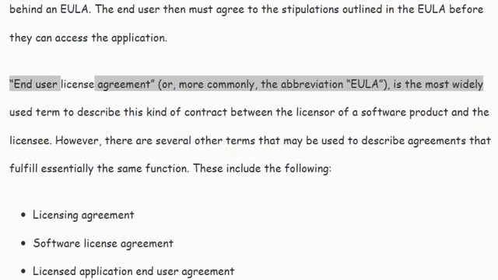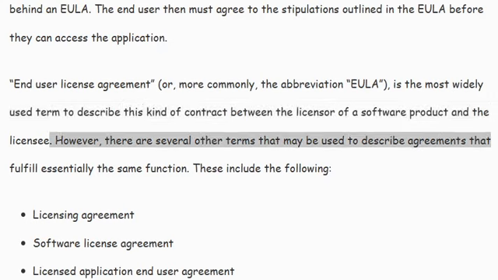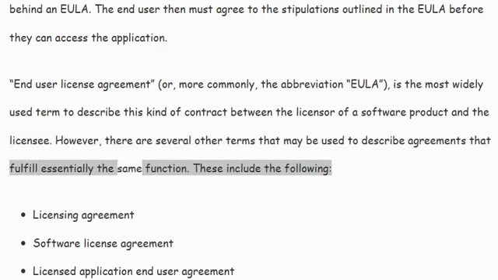End User License Agreement, or, more commonly, the abbreviation EULA, is the most widely used term to describe this kind of contract between the licensor of a software product and the licensee. However, there are several other terms that may be used to describe agreements that fulfill essentially the same function. These include the following: